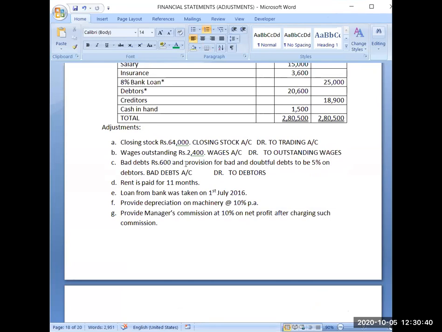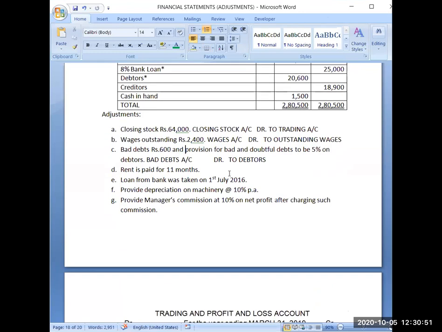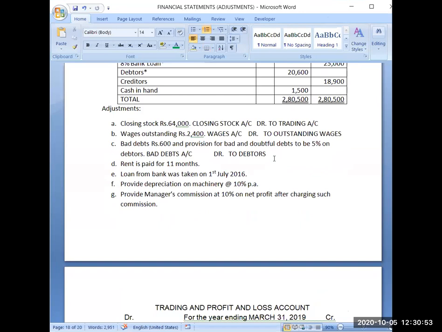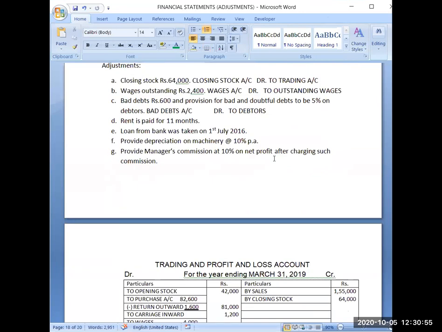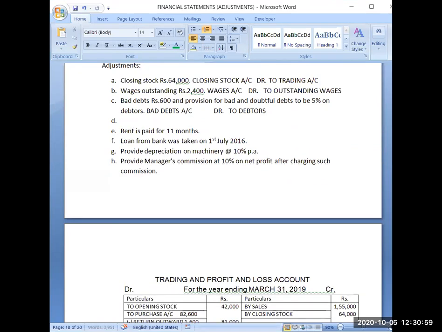Now coming to the next adjustment in the same point. It is saying provision for bad and doubtful debts to be 5% on debtors. So now 5% of which debtors? Okay, we will do the calculation part later. First, I will make the journal entry for that also. So the journal entry will be